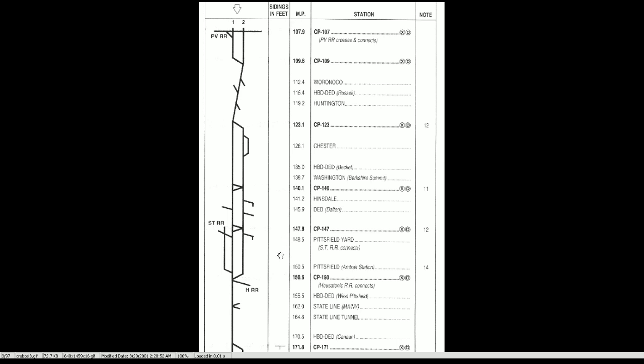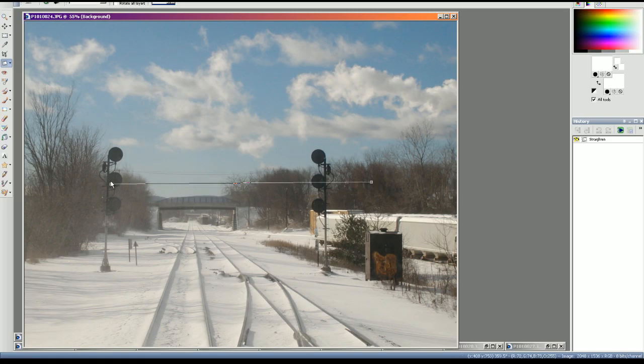I don't know how much traffic's going to Boston these days, especially with NS having their whole Pan Am Southern thing going on. Anyway, here we are coming out of Pittsfield. This is going to be CP147. Now,